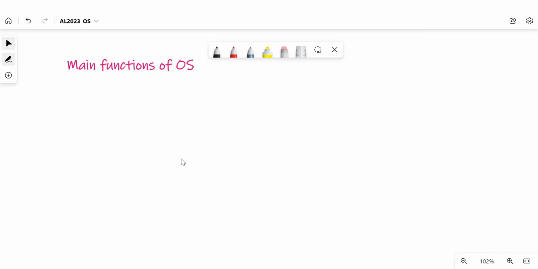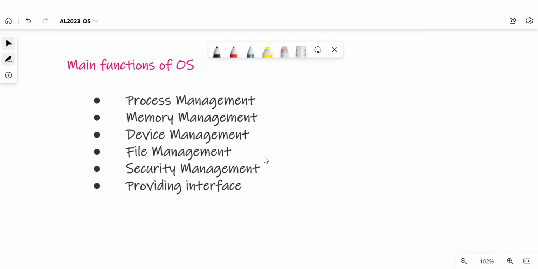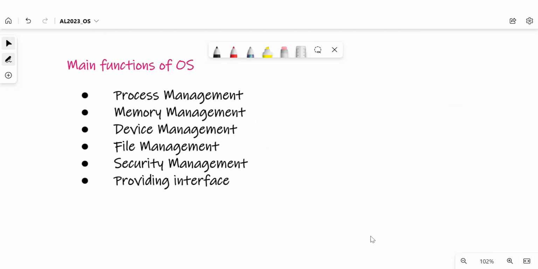So let's write down those multiple things first. It manages processors, memory, devices, files, security, and also it provides an interface.